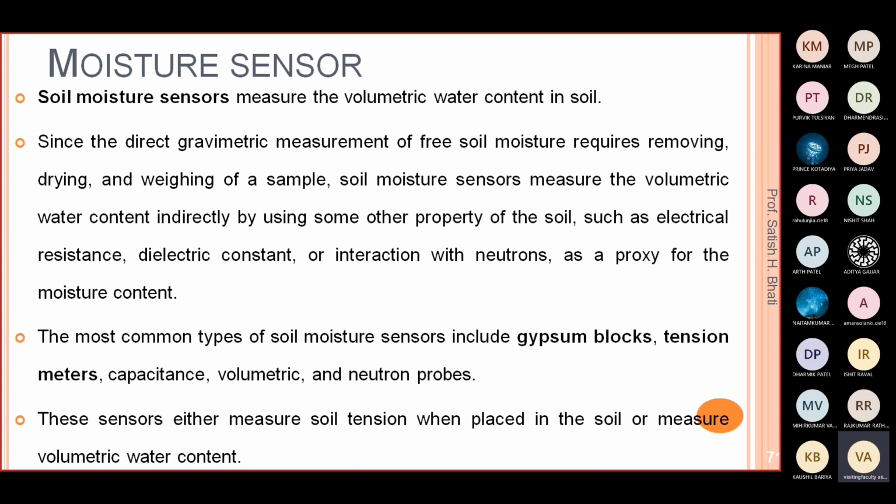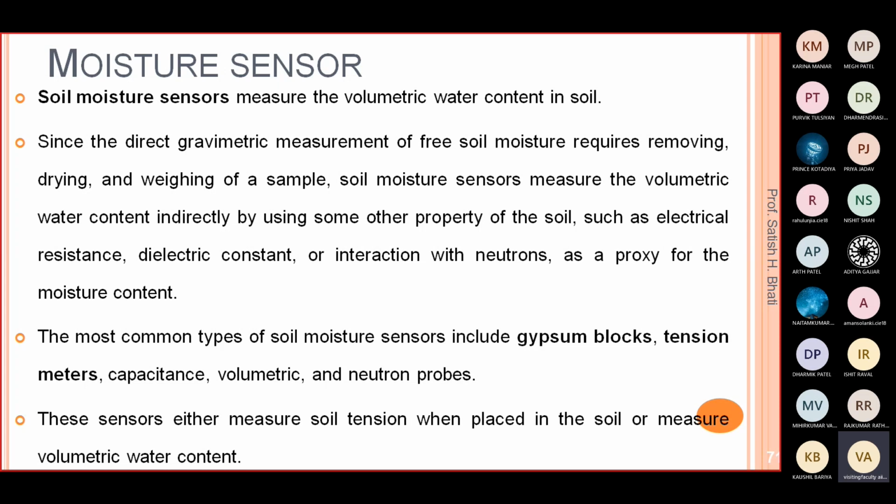Now, to do a direct gravimetric measurement of soil, for that you have to do some process like removing, drying, and weighing the sample, and that is a hectic process. So generally, in the soil moisture sensor, what they do is measure the volumetric water content inside the soil,